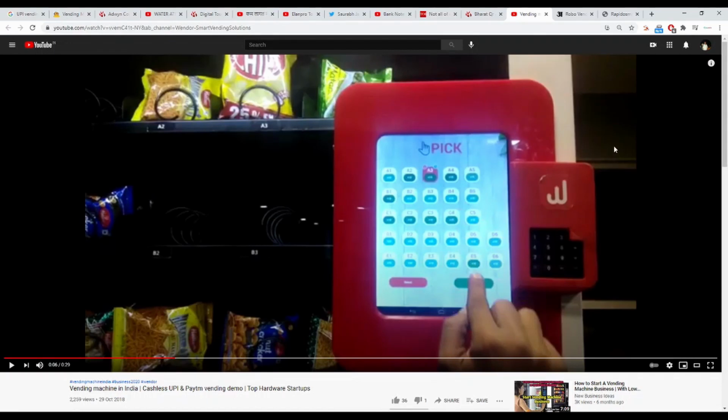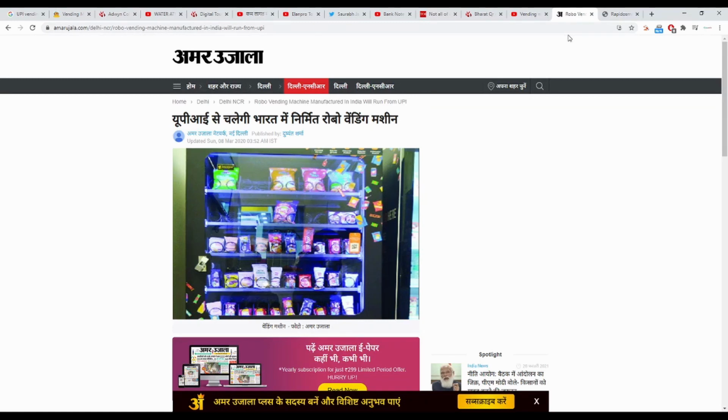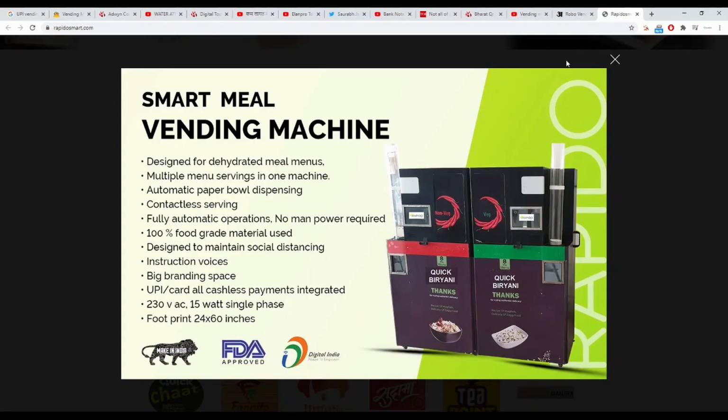So this is one of my favorite companies. Again, I don't like the interface much. These kinds of interfaces are not designed to be helpful to humans. They are designed to be helpful to the machines actually. So nowadays a lot of companies are coming into the automatic vending machine business, and you can dispense almost everything. Like you can have a biryani dispensing machine in your office.